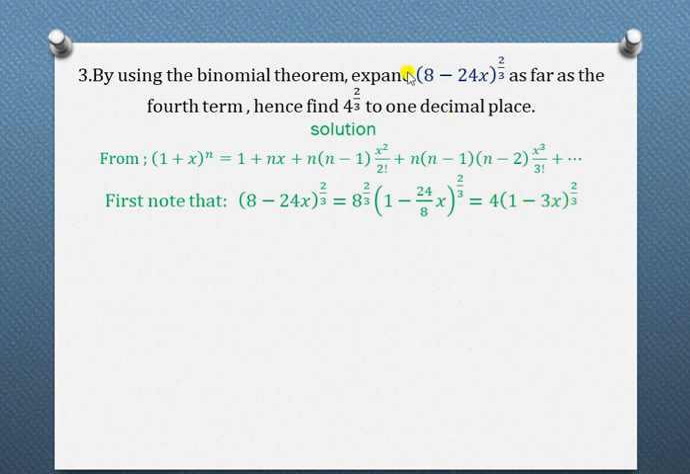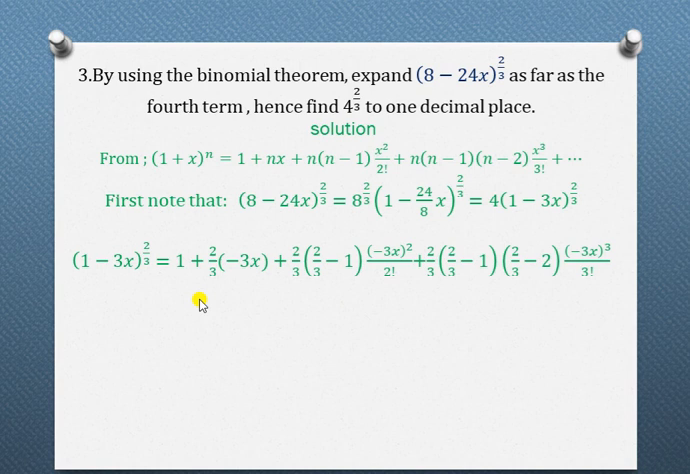So now to expand this, we shall simply first expand 1 minus 3x power 2 out of 3, then finally multiply our expansion by 4 later. So that is what I've done. 1 minus 3x power 2 out of 3. If you expand it, you get all this. And after substituting and pressing your calculator carefully, you will come up with the final answer for only 1 minus 3x power 2/3 as 1 minus 2x minus x squared minus 4/3